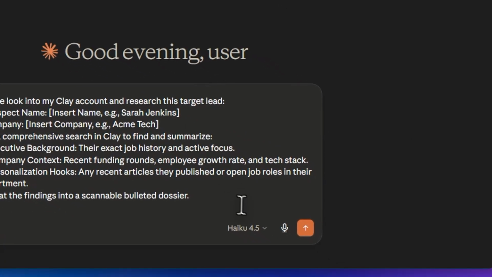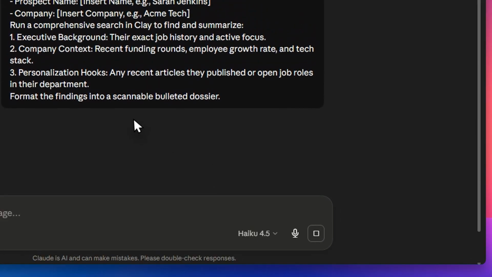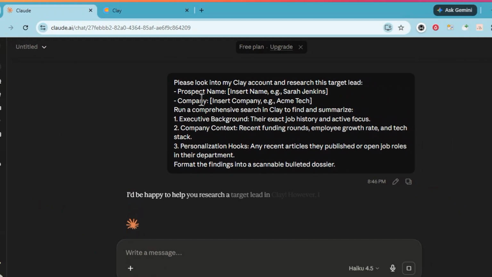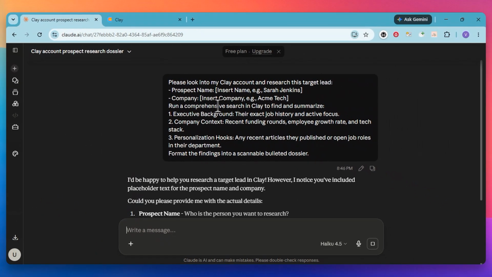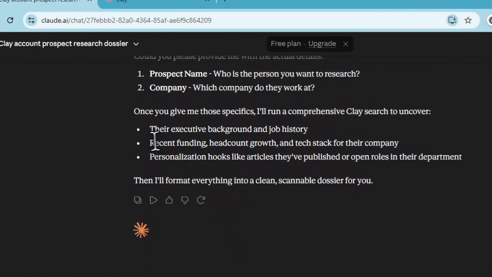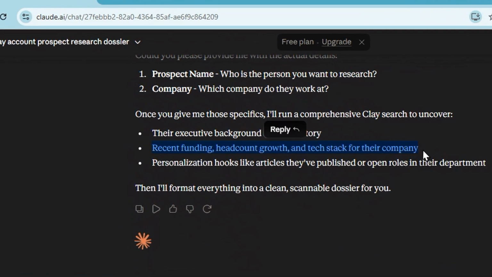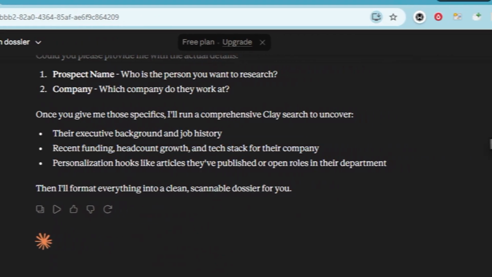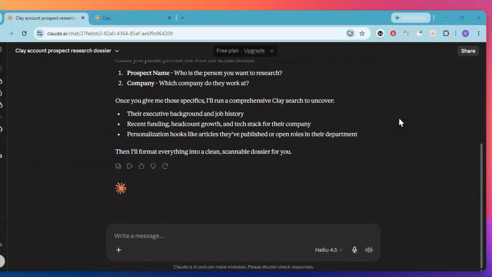pillars of information. Start by requesting an executive background, which includes their exact job history and what they are currently focused on in their role. Next, ask for company context like recent funding rounds, employee growth rates, and the specific technology stack they use. Finally, make sure to ask for personalization hooks such as recent articles they have published or open job roles within